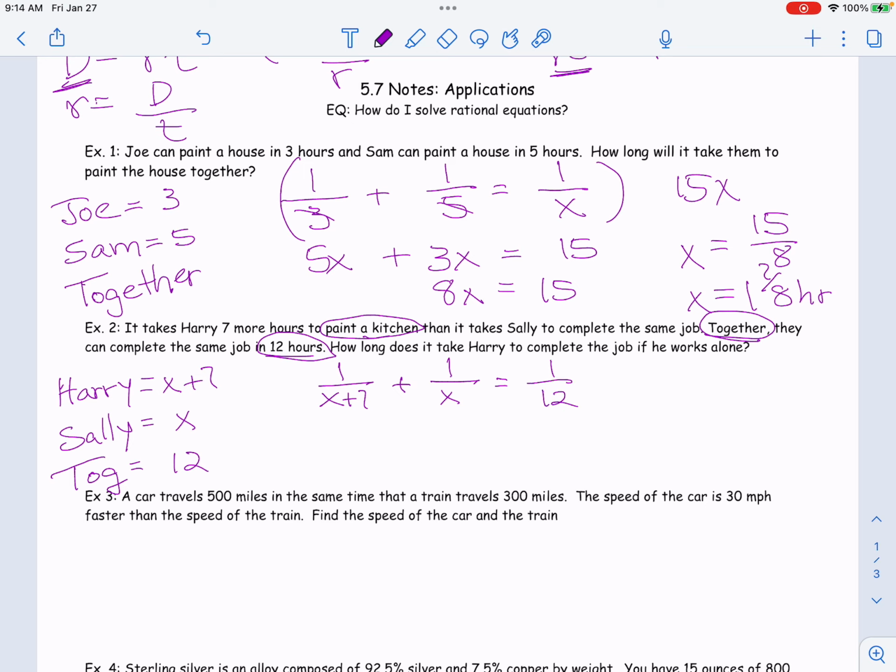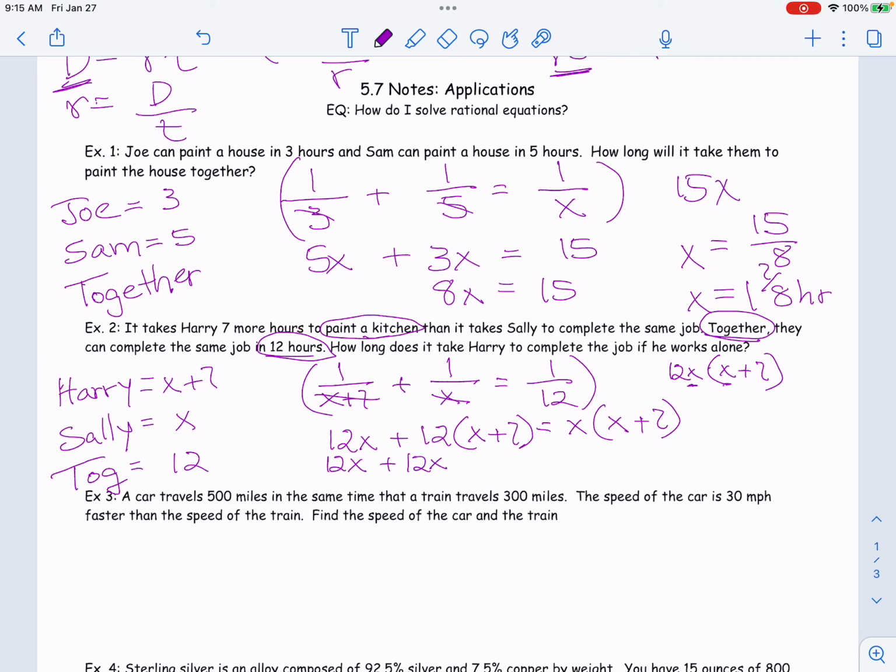So common denominator is 12x, x plus 7. This x is not the same as that one. You have to include that. So I'm going to multiply everything by my common denominator, which is 12x, x plus 7. So this, I would get 12x. This would be 12 times x plus 7. This would be x times x plus 7. Simplify: 12x